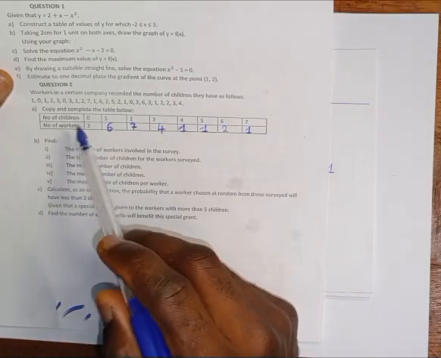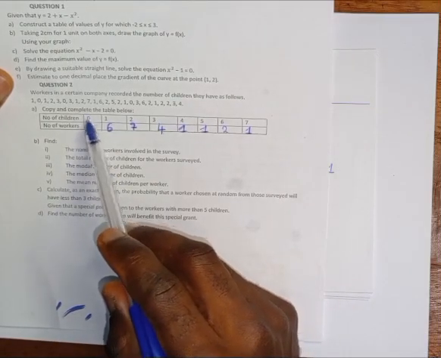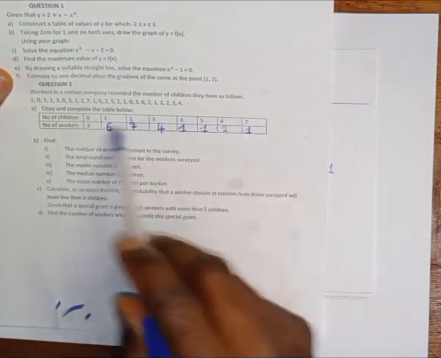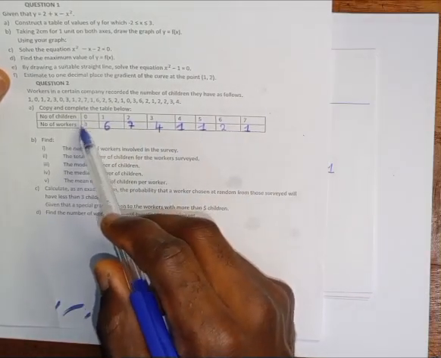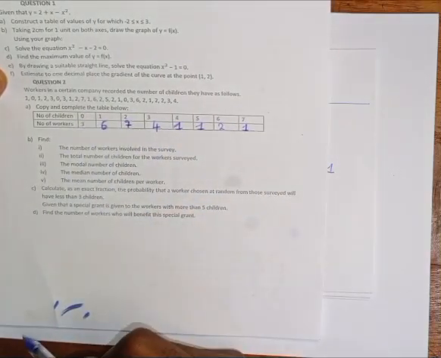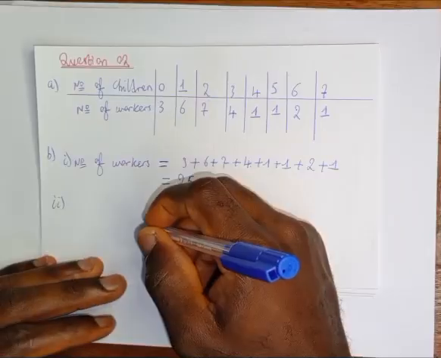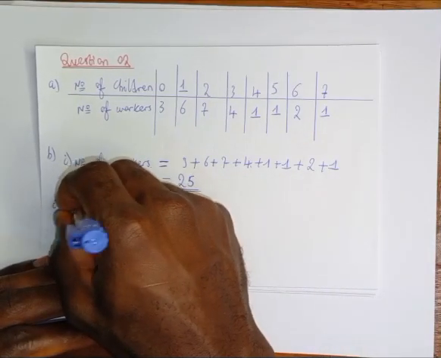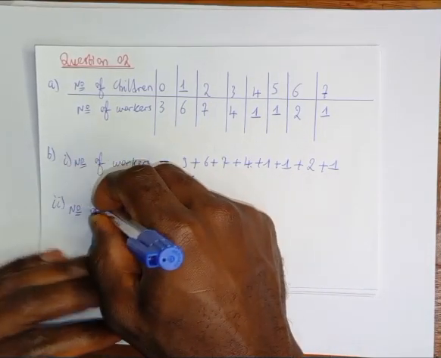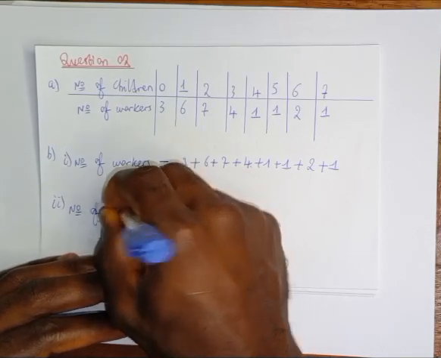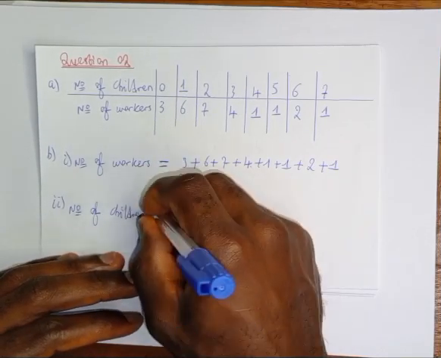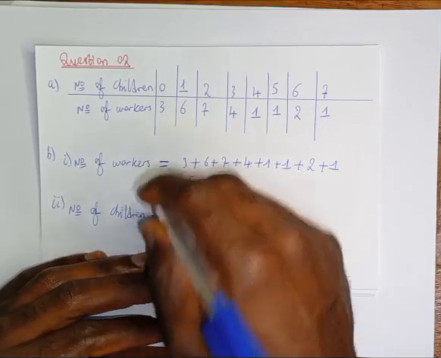So it will be easy if we take the number of children multiplied by the number of workers who have the specified number of children. Number of children will simply be equal to,